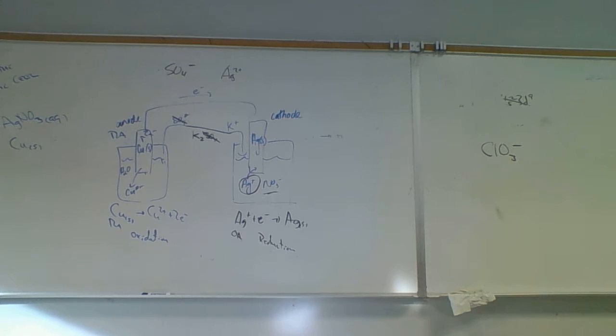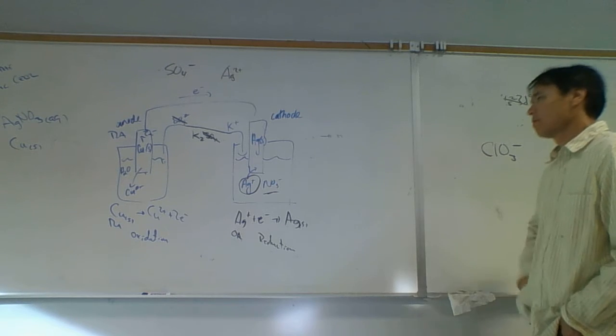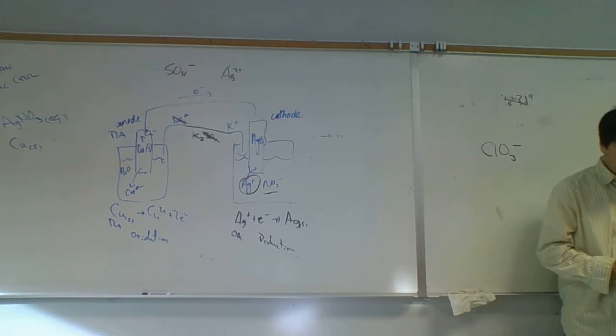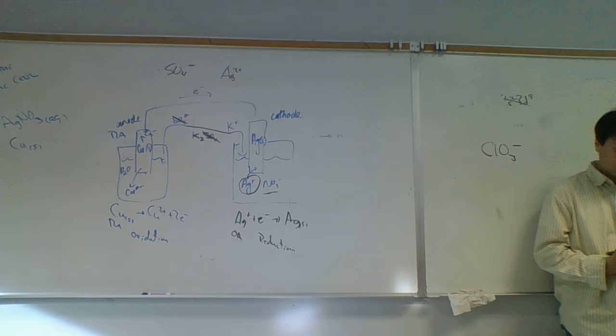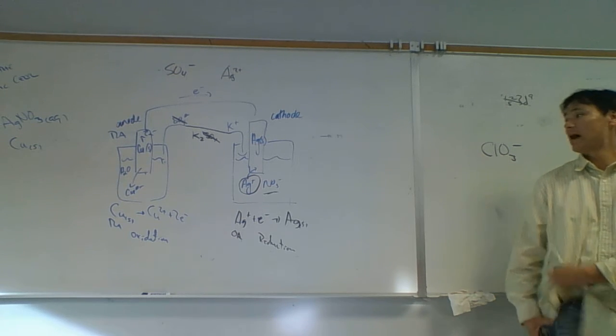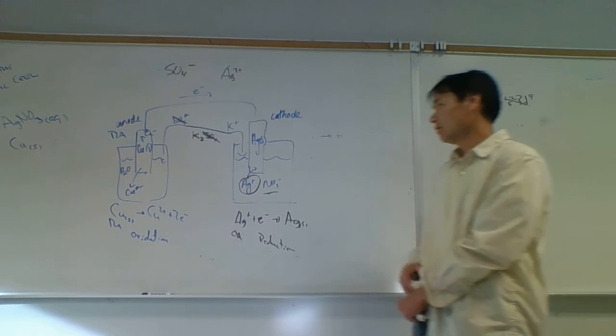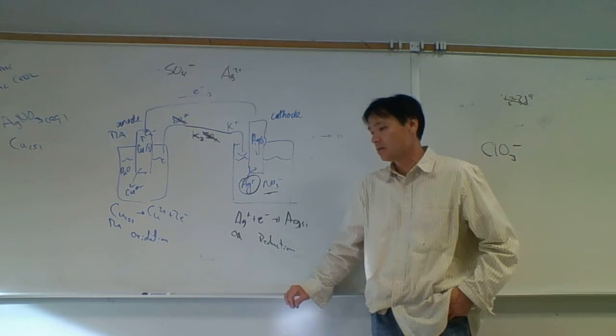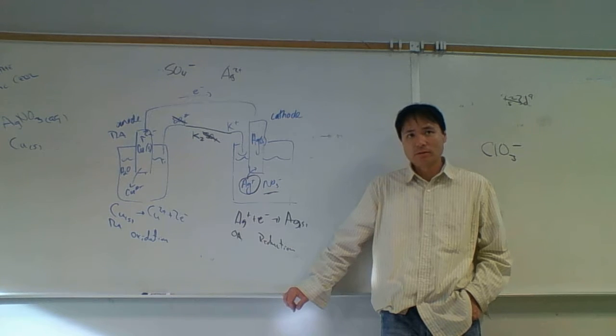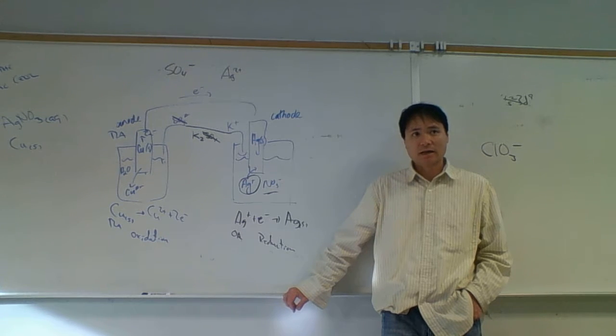And so would potassium chloride be a good alternative for the salt bridge? Would potassium chloride work for the salt bridge? Yes? No, it would be bad. It would be bad not because of chloride competing for electrons, because chloride's not going to compete for electrons. It would be bad because chloride would attack